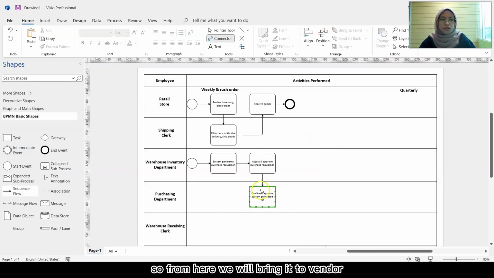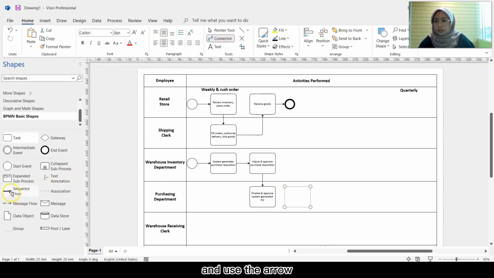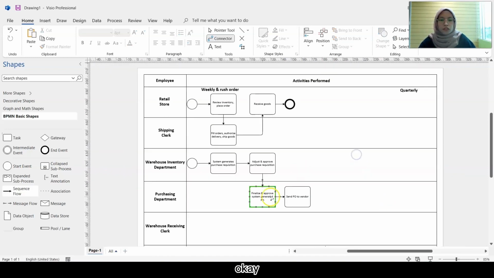So from here we will bring it to the vendor and take the same shape also and use the arrow. So here we will call it send purchase order to vendor. Okay,